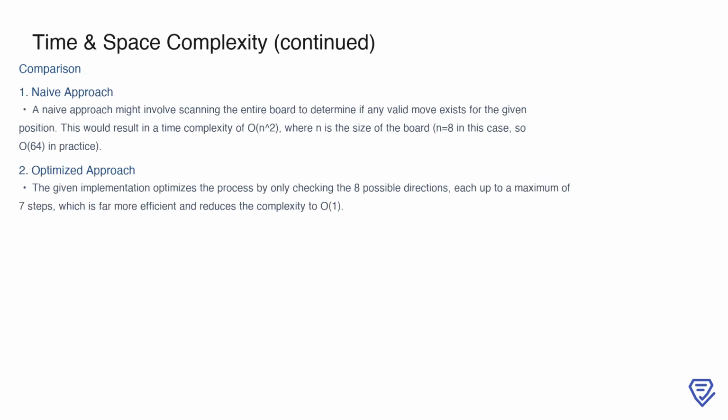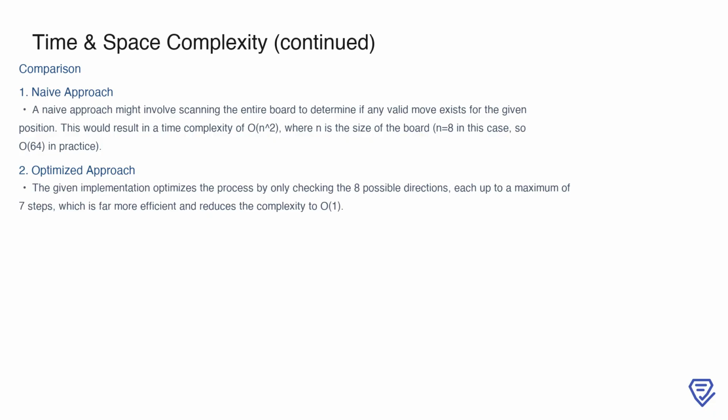To better understand the efficiency of this approach, let's compare it with a naive solution. A less optimized method might involve scanning the entire board to determine if any valid move exists. Since the board is 8 × 8, such an approach would involve 64 cells, leading to a time complexity of n squared, or 64, in this specific case. In contrast, the optimized implementation focuses only on the 8 possible directions and evaluates up to 7 cells per direction, which is significantly more efficient. This optimization reduces the time complexity to O(1), showcasing the advantage of targeting only the necessary cells and avoiding unnecessary